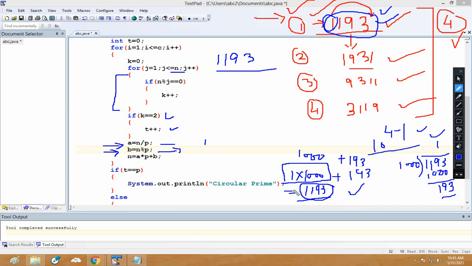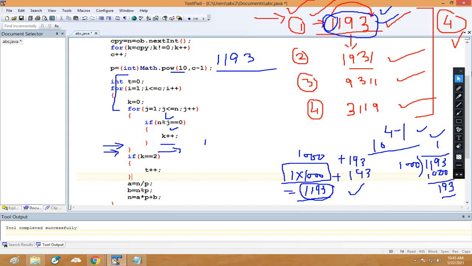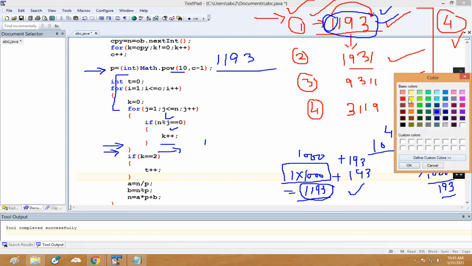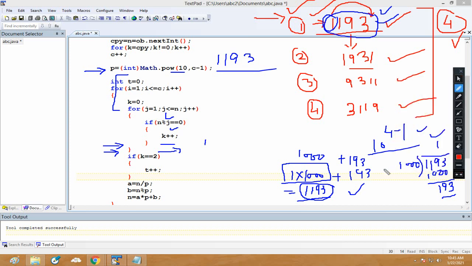What is the value of P? That is, I have calculated here. Got it, everyone? Yes, sir. Understood. Any confusion, Arisha? No, sir. Pakka? Yes, sir. No problem. Aditya Mishra?